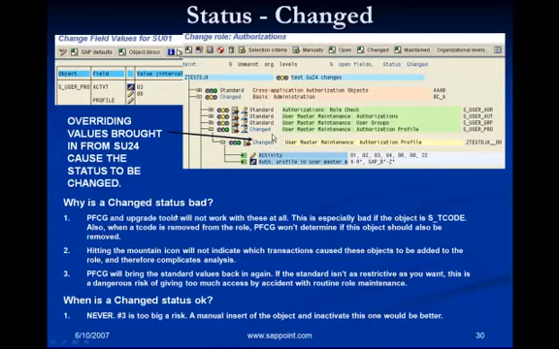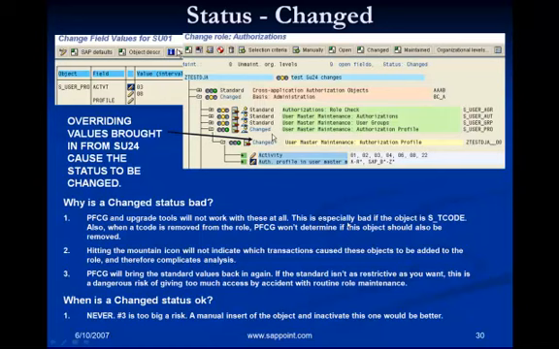What you basically do is manually override the values brought in from SU24, and that causes the status to change from standard. Now, why is this changed status bad? It is bad because PFCG and upgrade tools will not work with these at all.